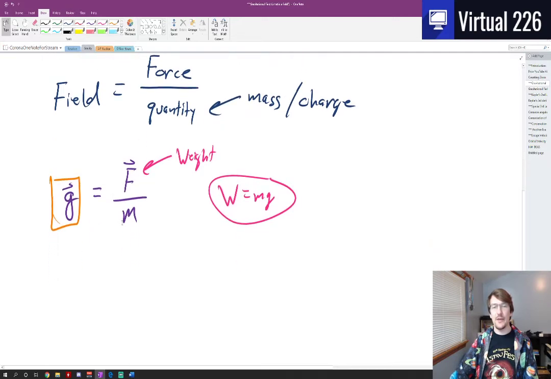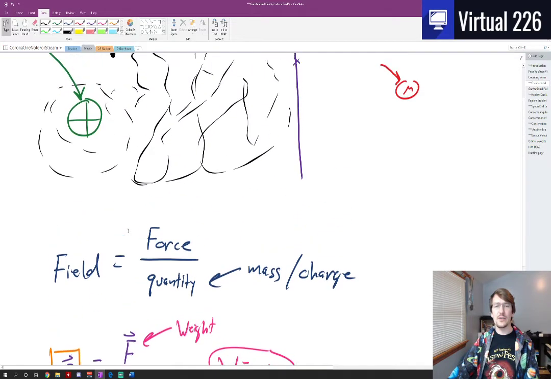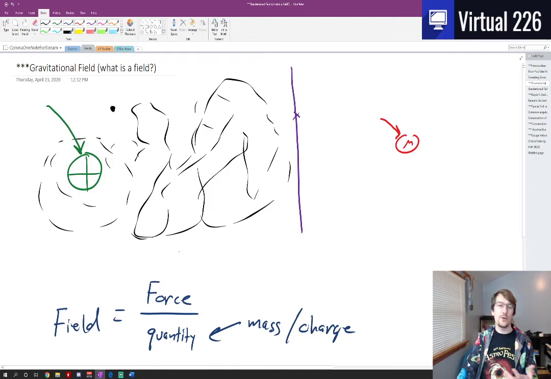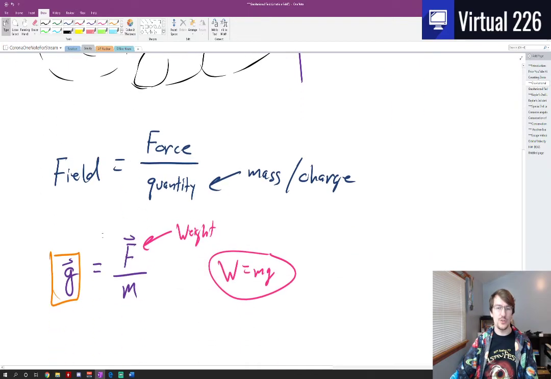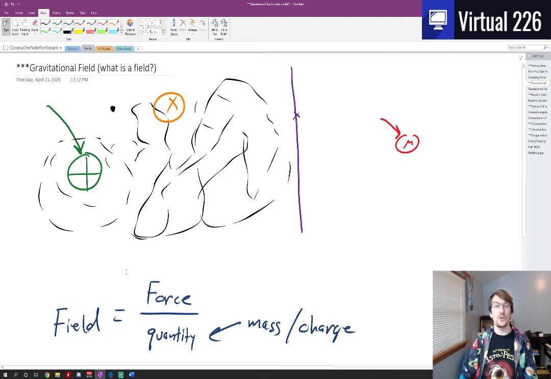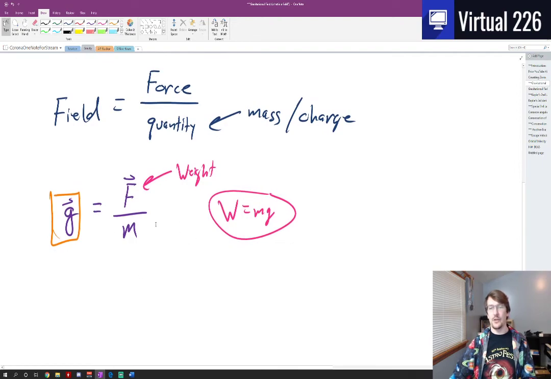The other thing that's nice about having a gravitational field, or fields in general, is that if you are at a specific position in the field, you can get a potential. And if you put something into that position, now you can have a potential energy. Remember, there is a difference between a potential, which is just a field and the location, versus the potential energy, which is an object at a location in the field. We'll get more into that as we go along, and what we've seen a little bit with gravitational potentials and potential energies. So this is just a quick little idea of a field.